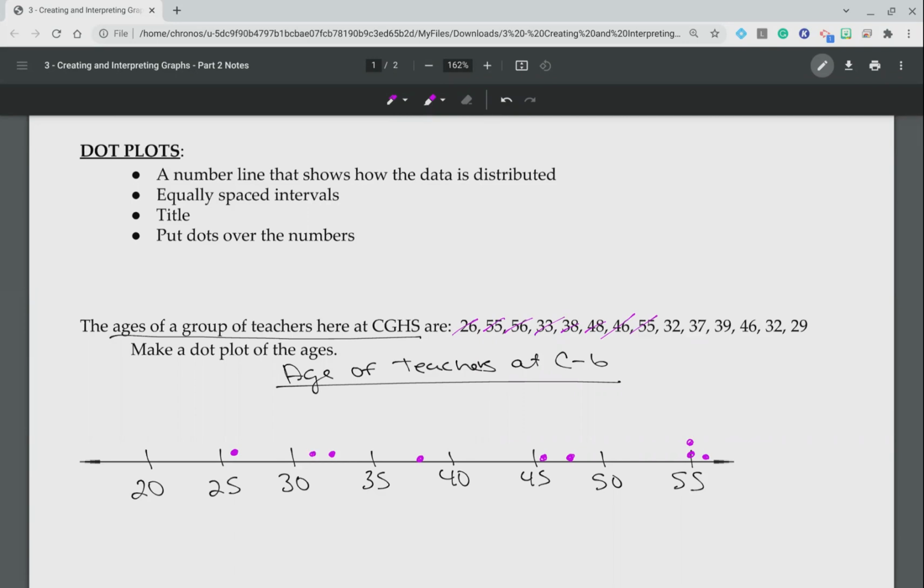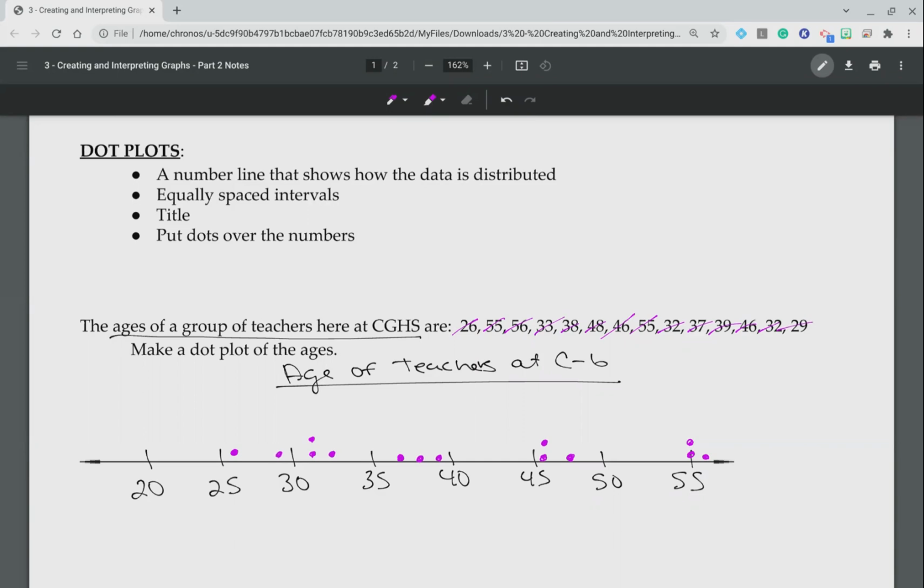A 32, a 37, 39, another 46, so I stack it on top, another 32, so I stack it on top, a 29,